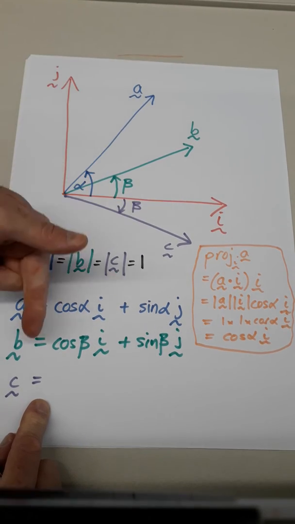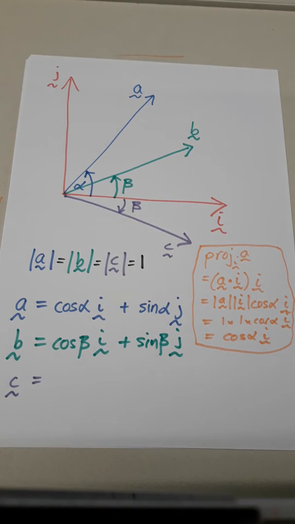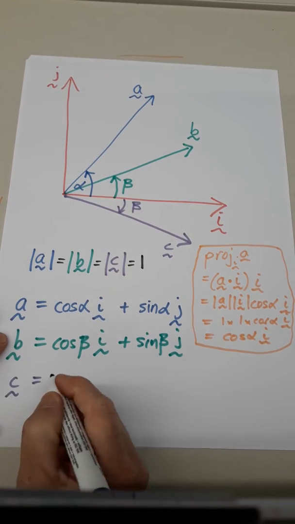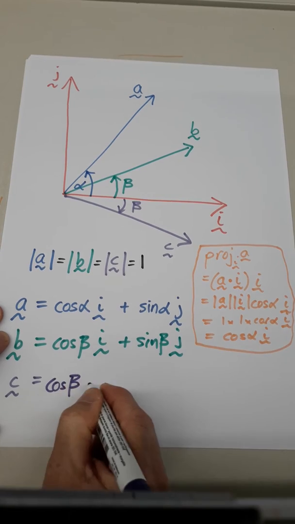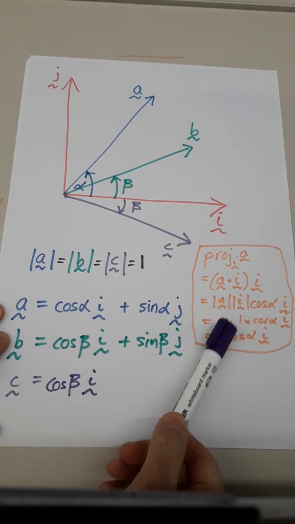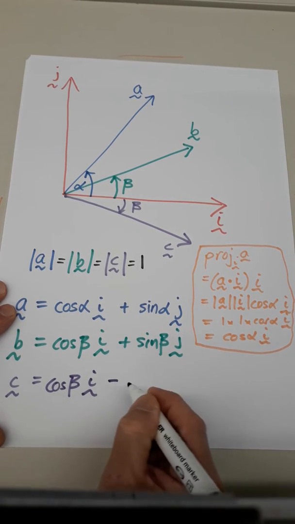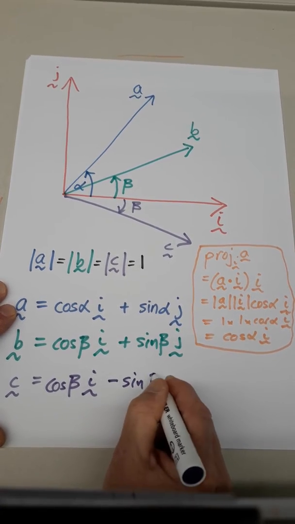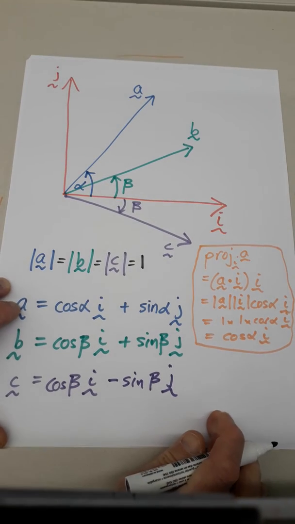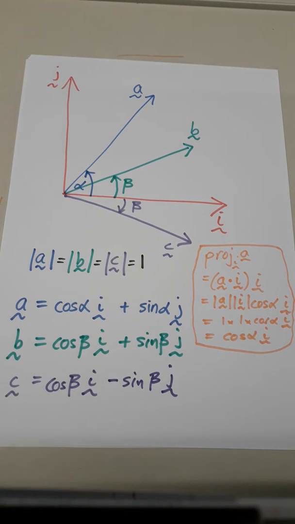So it's actually going to be a negative in terms of the J direction. Anyway, it's straightforward to see that it would be cos beta times I. And I could go through a process like that to show that. But I'm saying it's going to be minus of sine beta times J